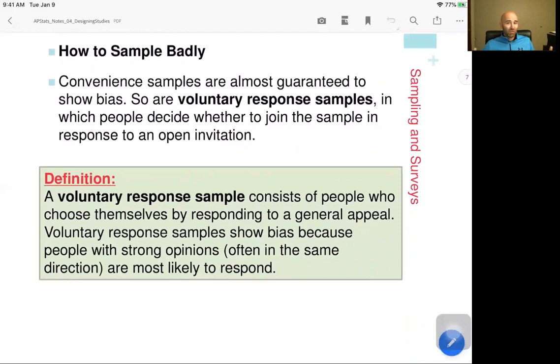This is when you just let people decide if they're going to take a survey, or you let people call in and tell you their opinion. Maybe it's a talk show, radio, and you say, call in and tell us what you think about this new tax law, or call in and tell us what you think about using governmental dollars